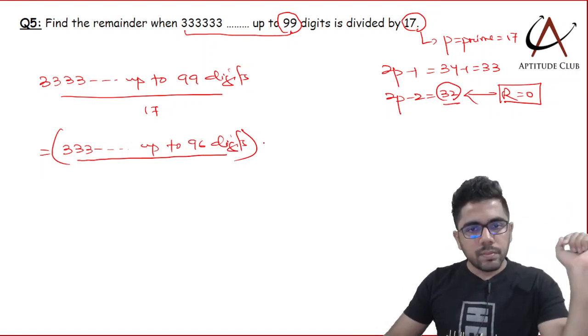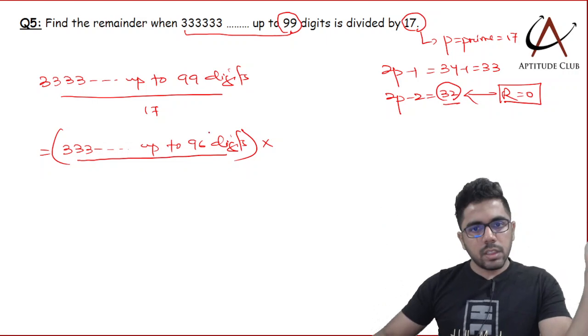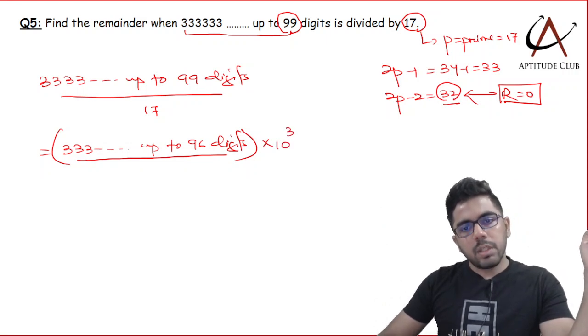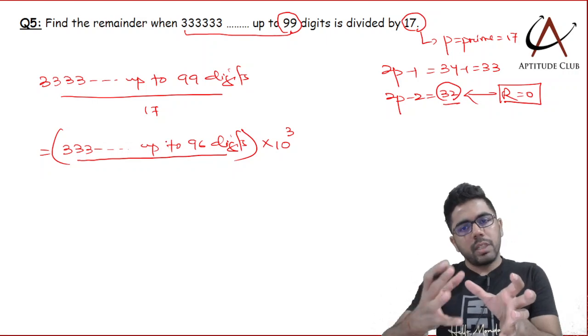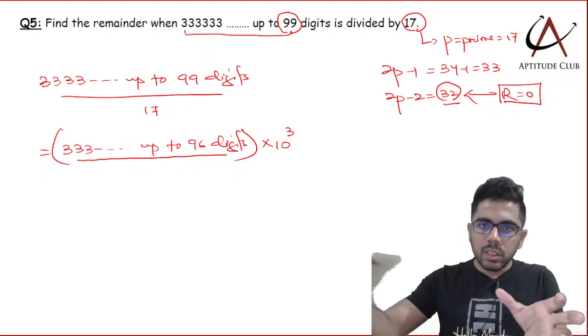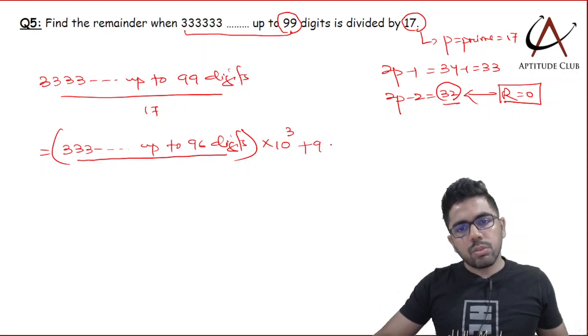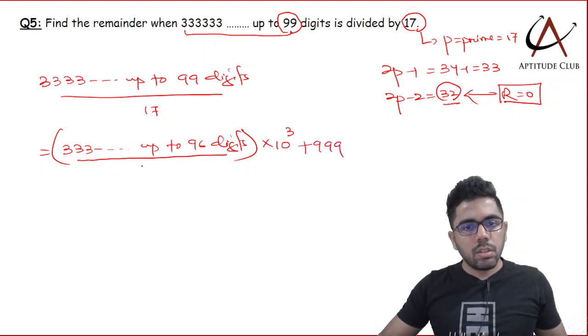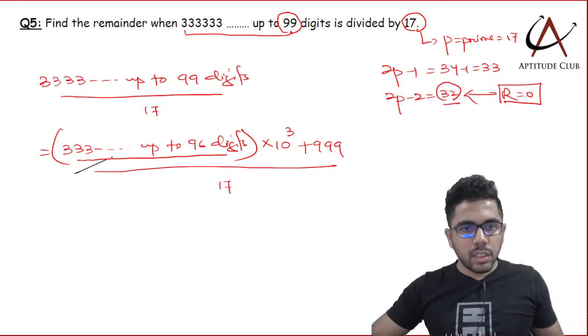उसी को यूज करेंगे। बट नंबर तो 99 डिजिट्स है, तो और 3 एक्स्ट्रा डिजिट्स चाहिए, तो क्या करेंगे, आई विल मल्टीप्लाई 10 to the power 3। तो आई हैव अ नंबर टिल 96 डिजिट्स, उसमें 10 to the power 3 मल्टीप्लाई किया, तो लास्ट में 3 जीरो आ गए, बट जीरो तो नहीं है, सारे डिजिट्स 9 है, तो उसमें तुम 999 ऐड कर लो, दिस डिवाइडेड बाय 17।